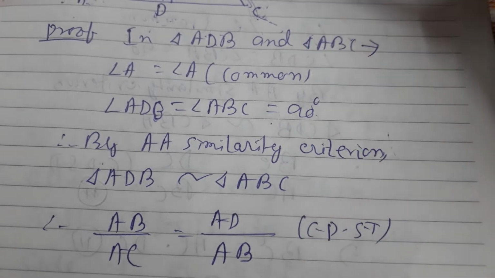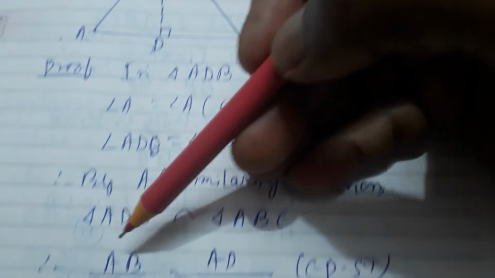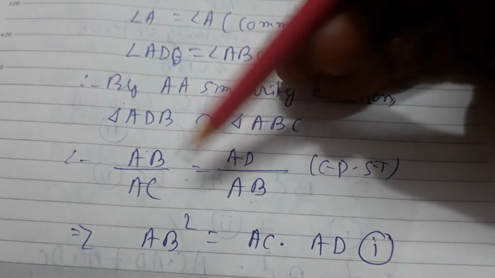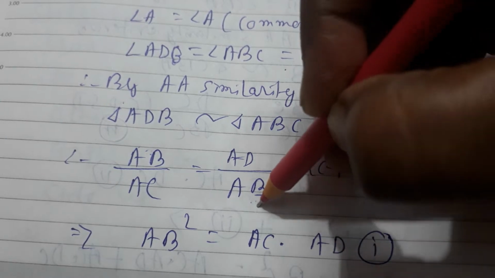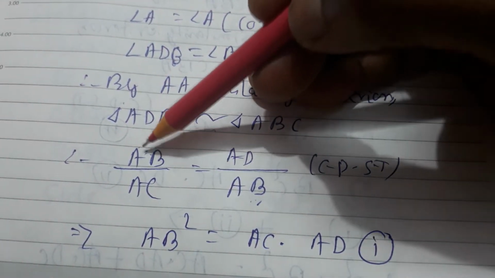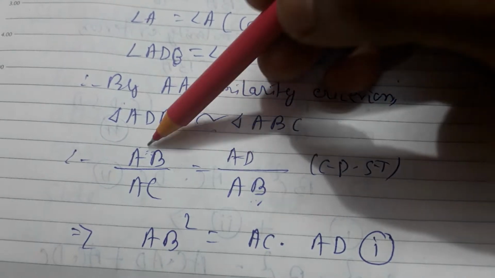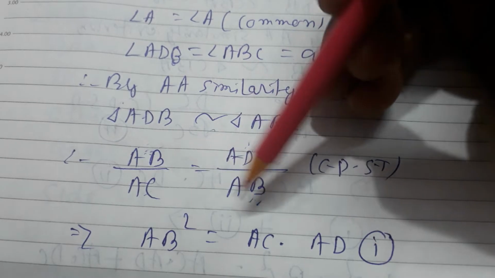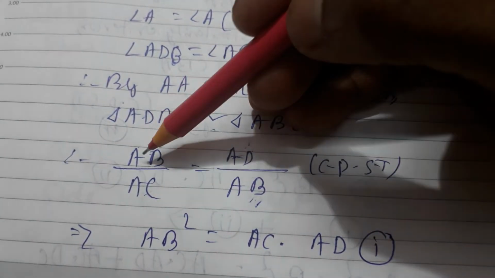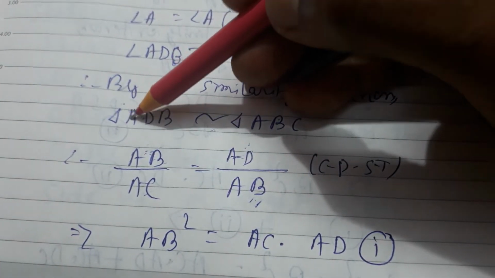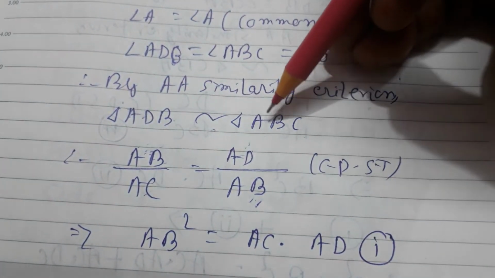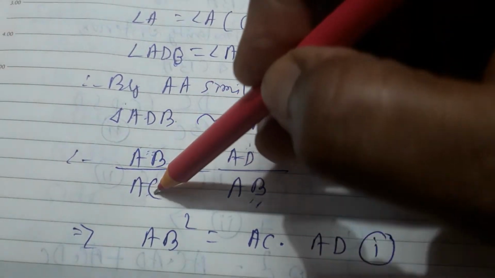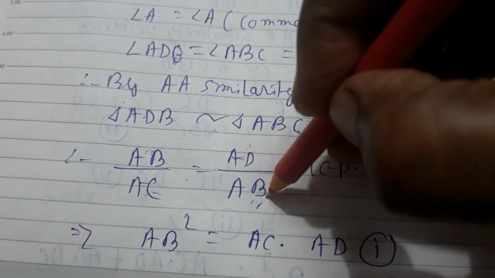Okay. Now first, AB square you have to prove. So you write here one AB and other AB by cross multiplication. One AB you write here, other AB you write here. Now you arrange AB. I have told you that the upper portion, the numerator, is of the first triangle, and the lower portion, the denominator, is of the second triangle. So this AB is of the first triangle, which is first and last. Okay, and here also, look, what is first and last? That is A and C. So you put here AC.